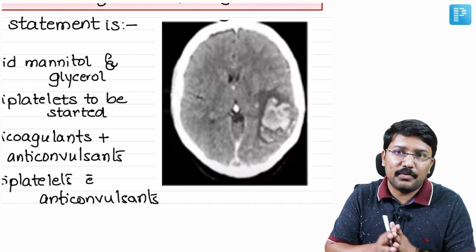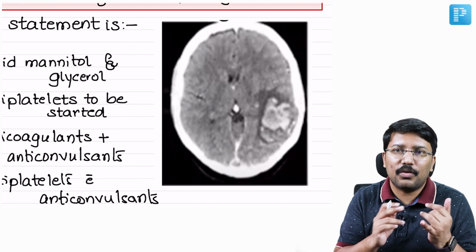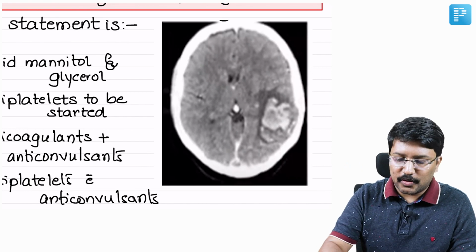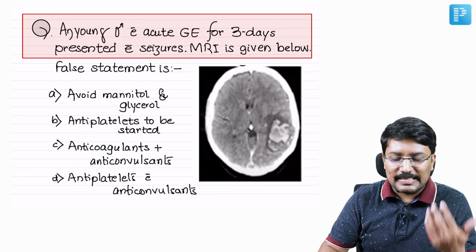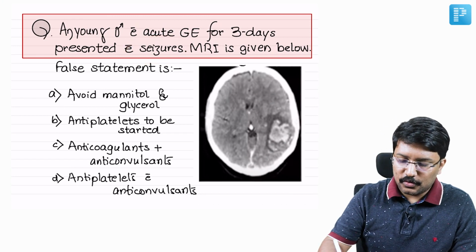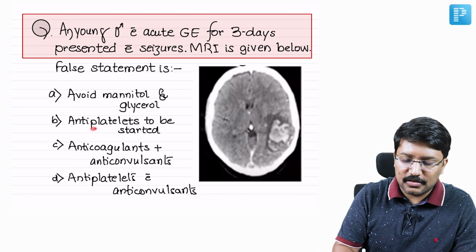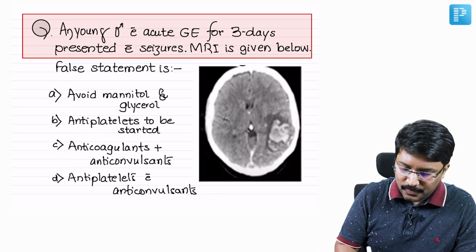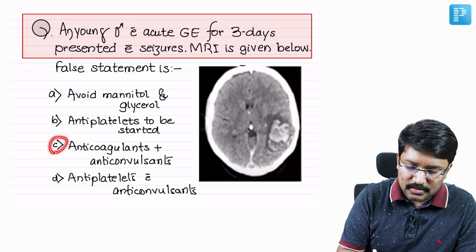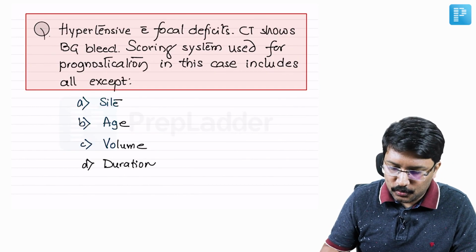So the mainstay of treatment when there is cortical vein thrombosis, even if there is a bleed, definitely has to be anticoagulants. There is no per se role of antiplatelets. And because the patient has already developed seizures, we have to consider giving anticonvulsants. Mannitol and glycerol per se may not play an important role here. Antiplatelets, no role. So the right combination here is anticonvulsant plus anticoagulants. That is the right combination to treat these patients. Okay, let's move to the next question.